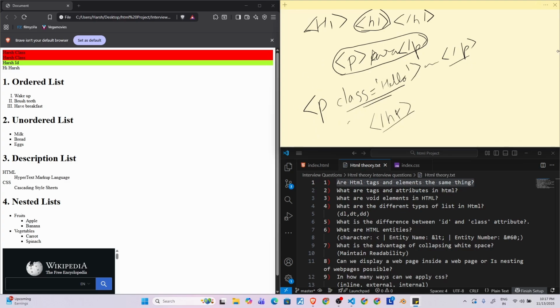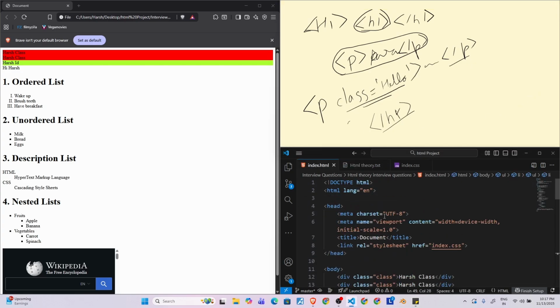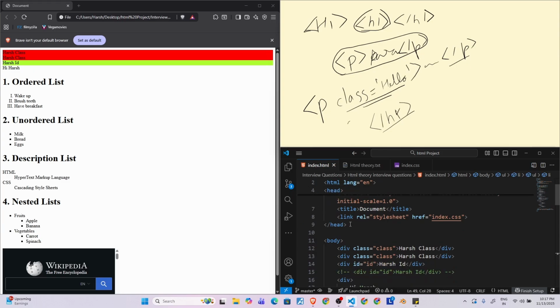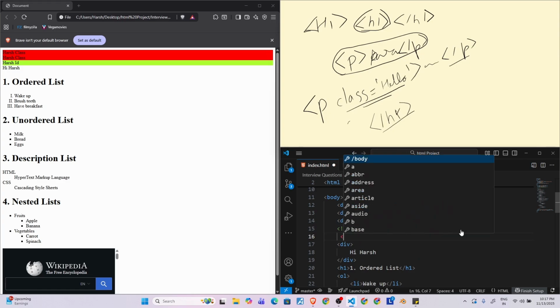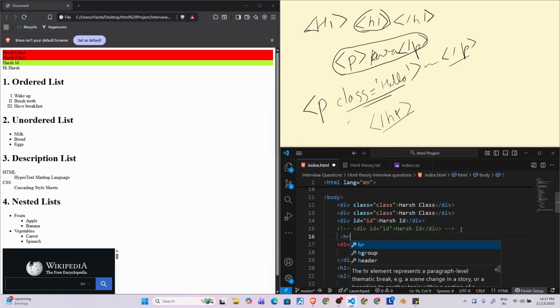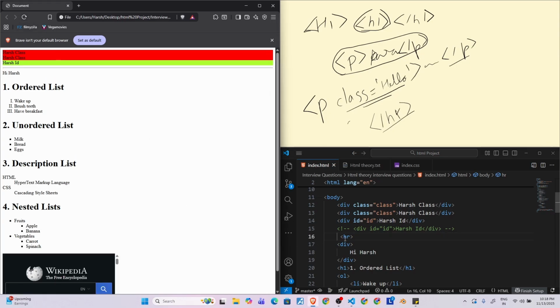So switching back to the code, let's go to the top. Over here we have these 4 classes. Over here I'll add it after this. So basically HR. See, we don't need to close this, it is just a tag which does not